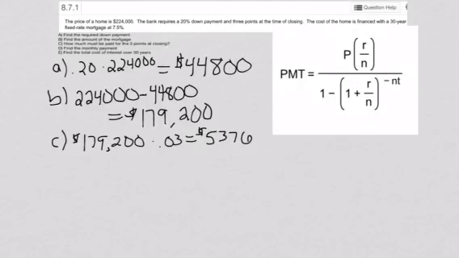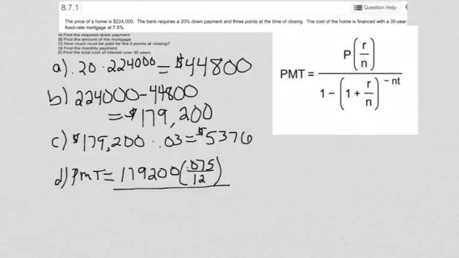All right, D now wants us to find this regular payment amount, this monthly payment amount. So we're going to use this PMT formula over here on the right, and we're just going to plug in for all the values. It tells me that P is the amount that our mortgage is for. So PMT equals my loan amount, which is the $179,200. Remember, that's the amount that we have to get the mortgage for, times the R, which is fixed rate at 7.5%, so that's 0.075, and then divided by, this is a monthly payment, so my N is 12,